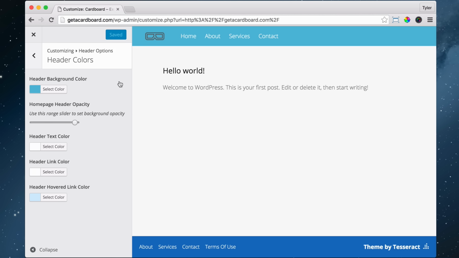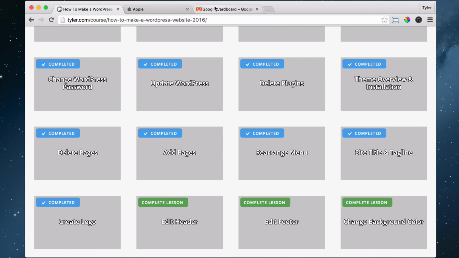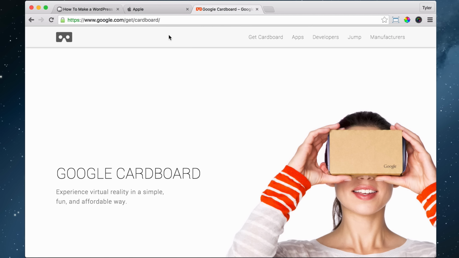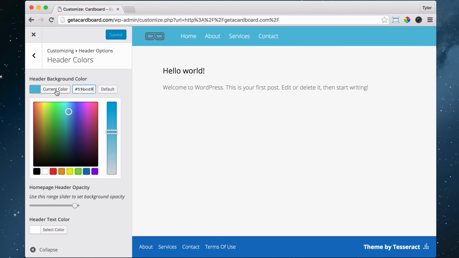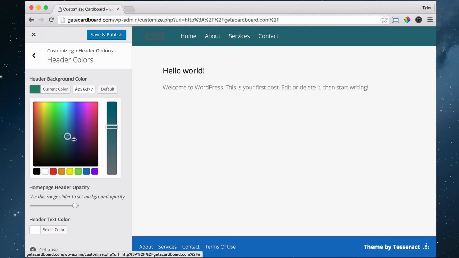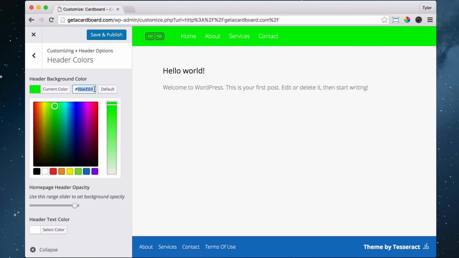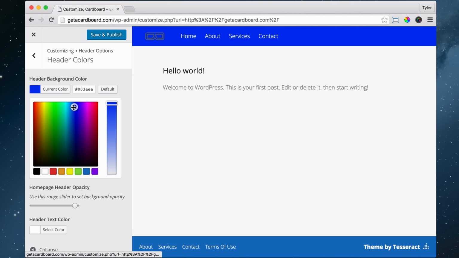That's the first thing that we're going to mess around with, is header colors. And so Google's header color, if we look over here, is a specific color, and the color has a hex number to it, so a hex color code. And that color code we can see right here. So these are all of the different color codes, and you can see that it changes. So this green is this color code, and this blue is